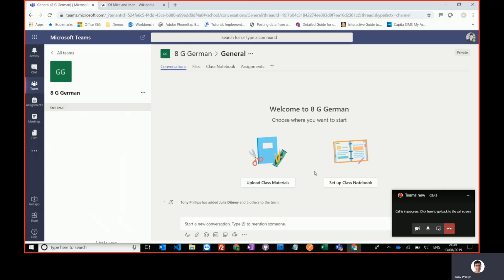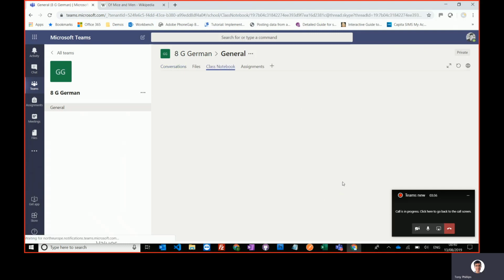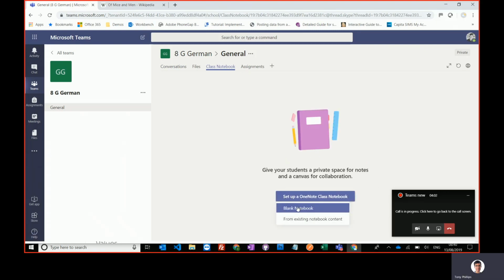So if we go into one of our brand new teams, another thing that has changed is the way that you set up Class Notebook from last year. When you come in to your brand new team, you first have to set up your new Class Notebook for this year. So if I click Set up Class Notebook, one of the options I get is I can set a completely blank one, just like I did the previous year, or I can reuse content from an existing